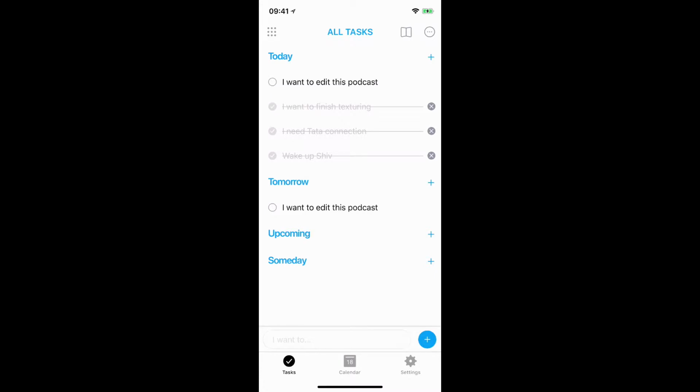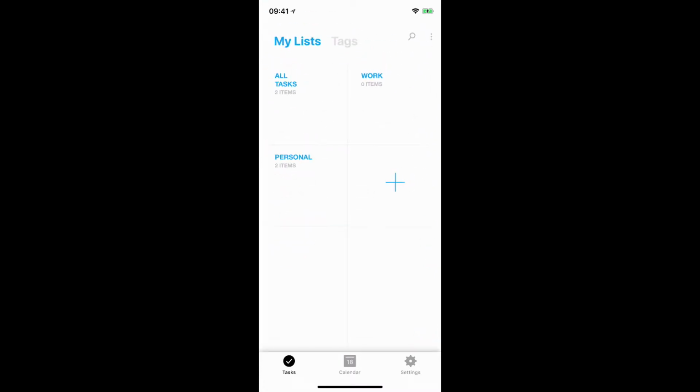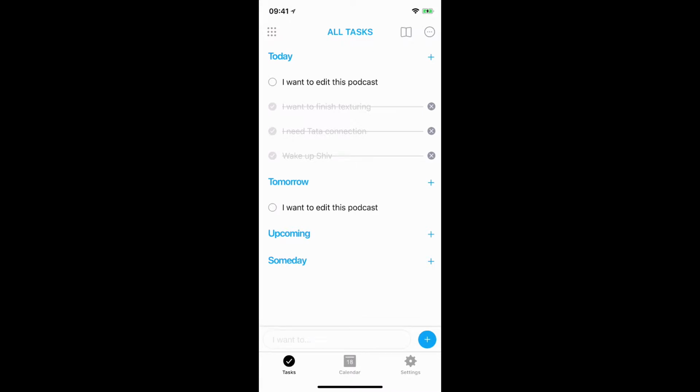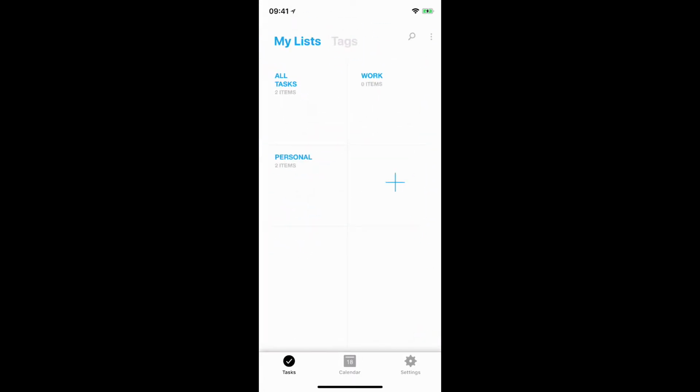The only problem with this screen, I feel, is that the reason I didn't catch onto this is because once I click on the grid view, the icon disappears. Usually when you have a grid switcher or a layout switcher as you might call it, the icon persists. It morphs into different shapes. If it's a list view, it will morph into 3 lists. If it's a grid view, it will morph into a grid. But in Any.Do, it totally disappears, and that's why I got confused. And the only way to go back to that list view is by tapping on all the tasks. Okay,